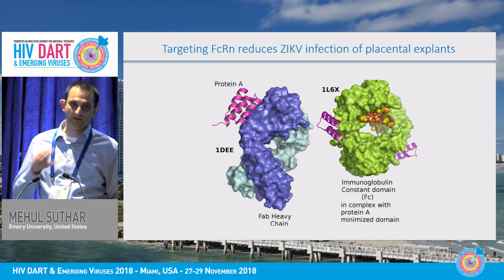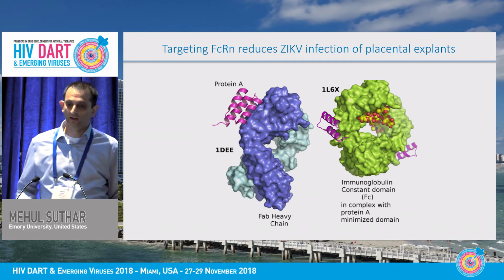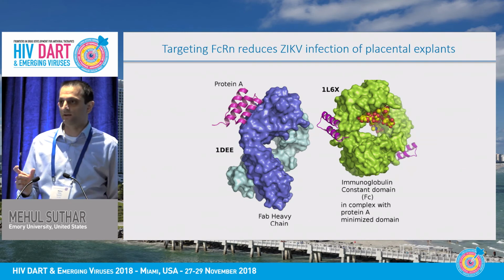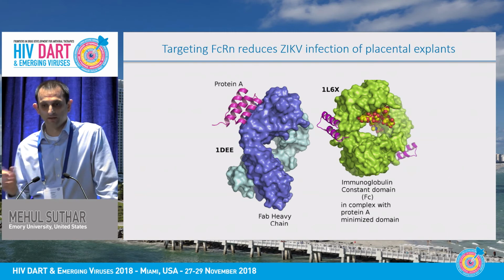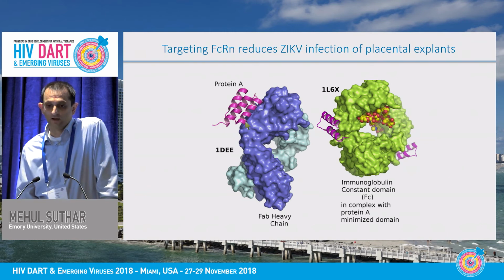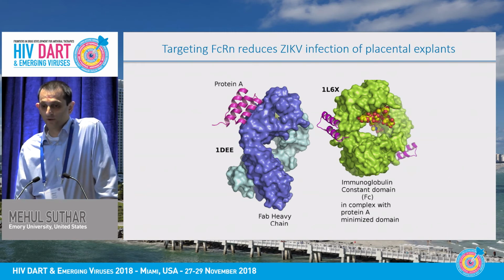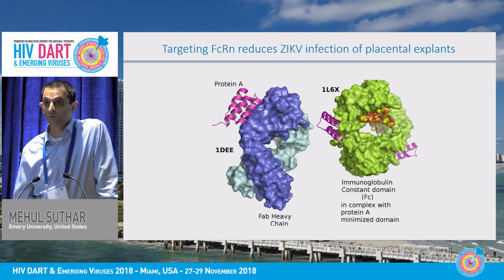Okay, so you can outcompete FcRn binding on IgG1. But what's interesting is that IgG3, protein A doesn't bind to the same region. Actually, I don't think it binds IgG3 Fc at all. So you're able to determine specificity and determine what role FcRn, neonatal Fc receptor, plays in transporting these immune complexes